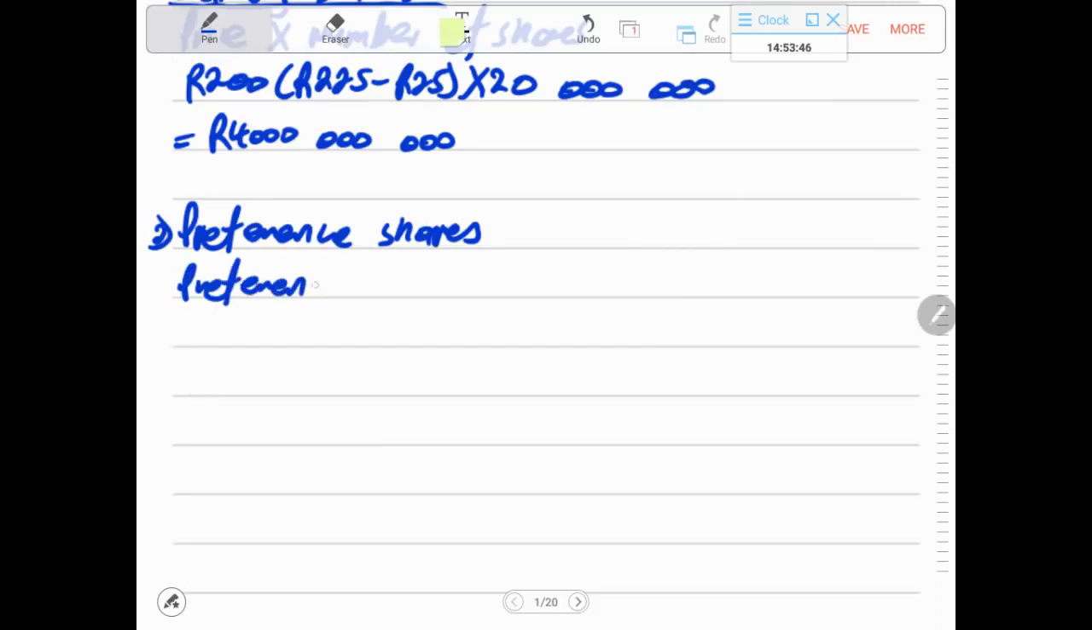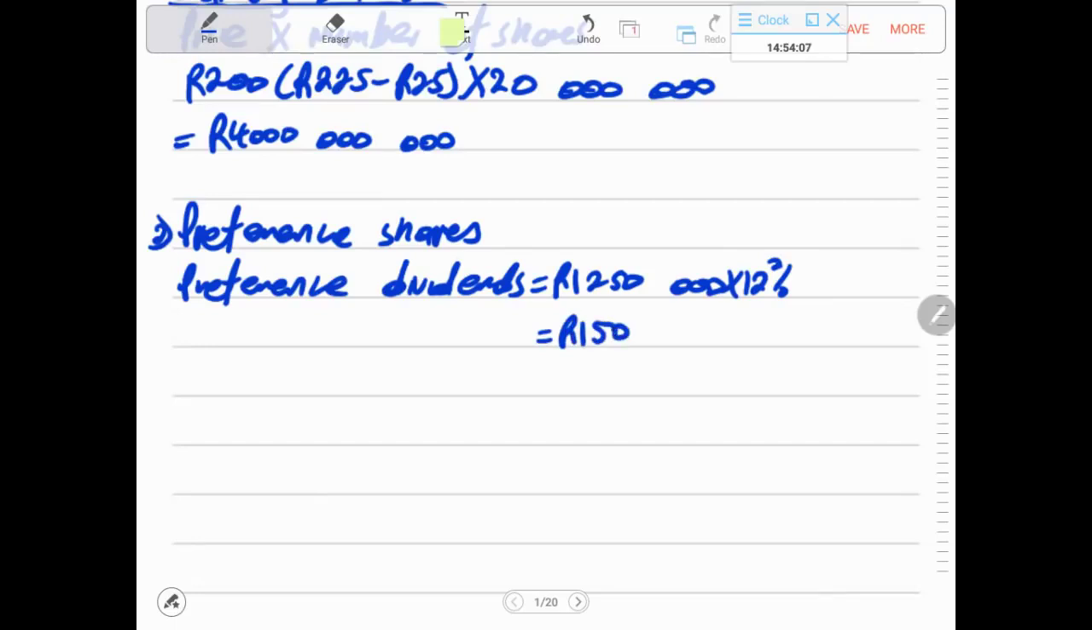Our preference dividends, we said that it will be 1,250,000 rands, times this by 12%, and we said our preference dividends will be 150,000 rands. Then after we calculate our preference capital